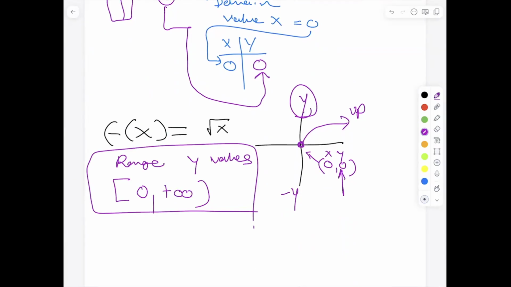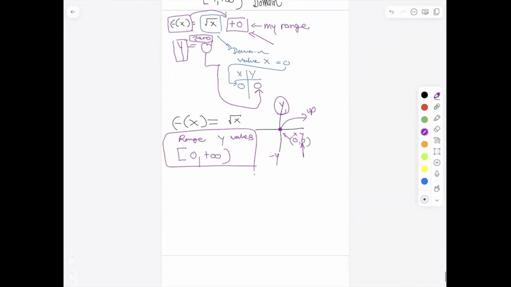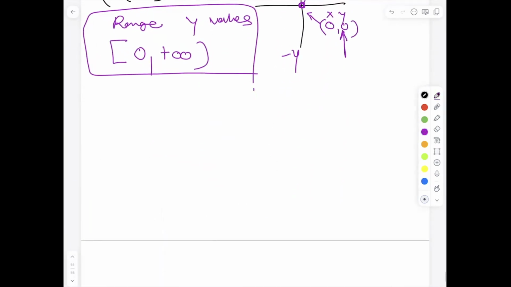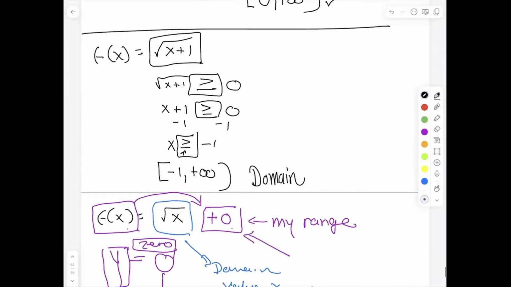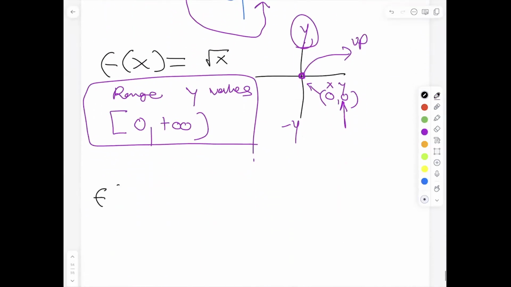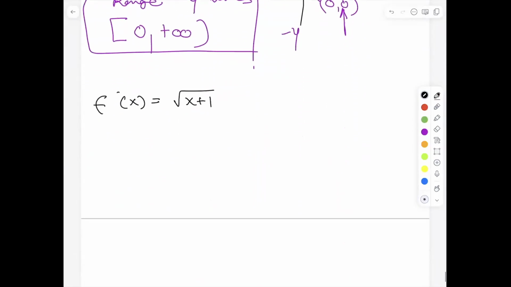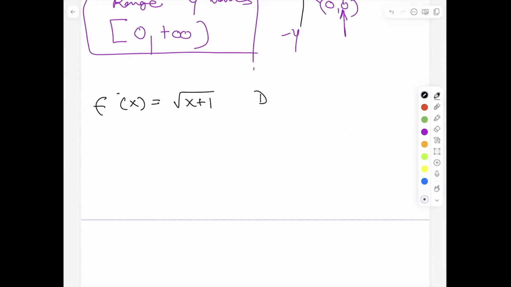Now, how do we do that for an equation? Well, I gave you an equation earlier: f of x is equal to the square root of x plus 1. So if they ask you for domain, we already did this, right? x plus 1 greater than or equal to 0. Then